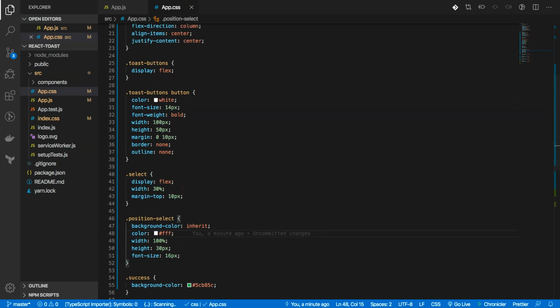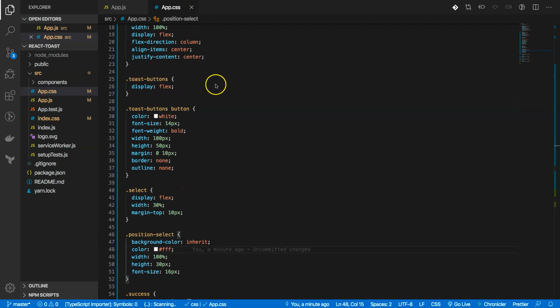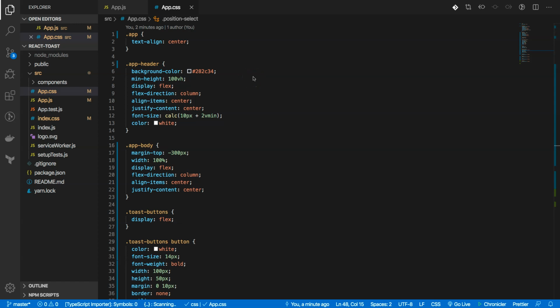So copy the CSS code from the app.css in the repo and then paste. If we decide to type all this, it might take us a lot of time, and we still have some CSS to be added inside our toast component. Now,